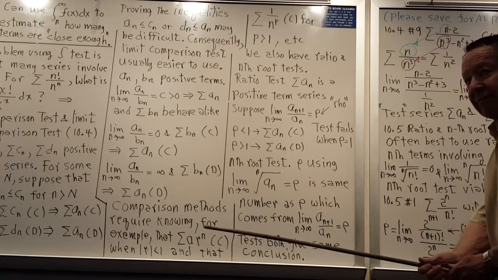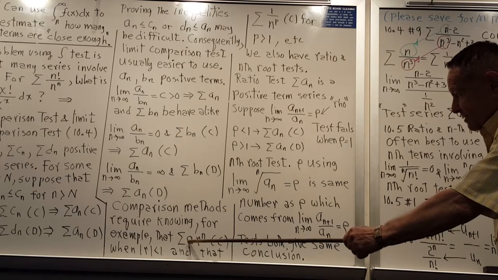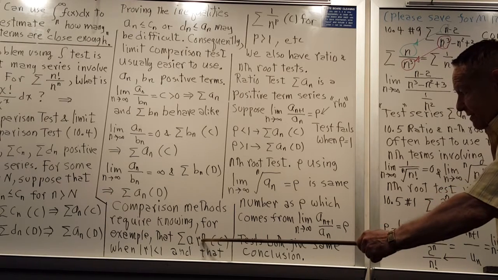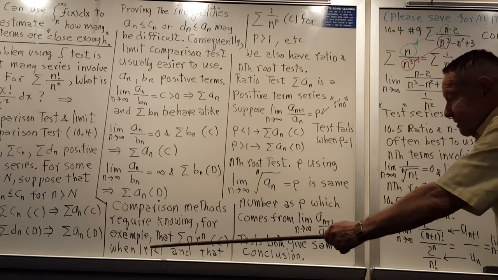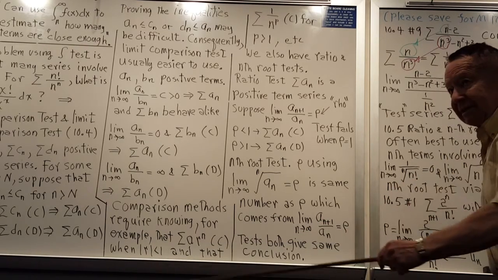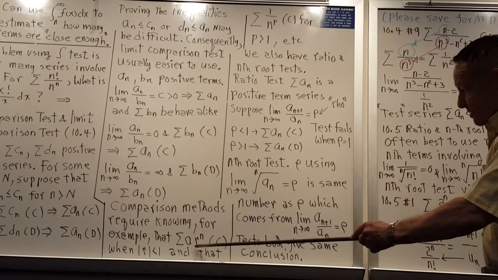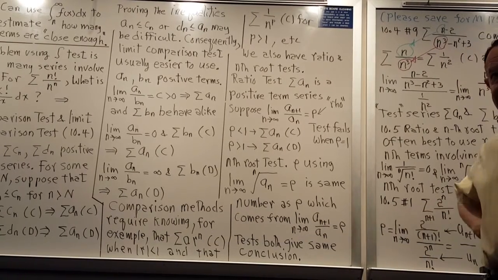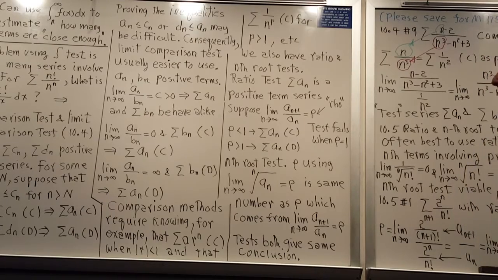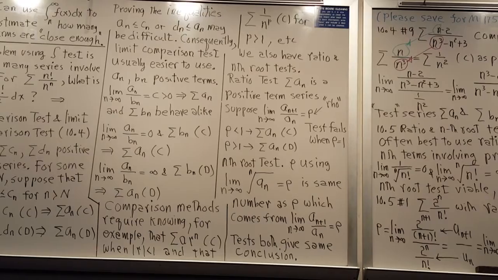Some where we know what they do are the geometric series: a r to the n converges when the magnitude of the common ratio is less than 1, and it diverges if the magnitude of r is greater than or equal to 1. About the p-series, which we talked about last week,